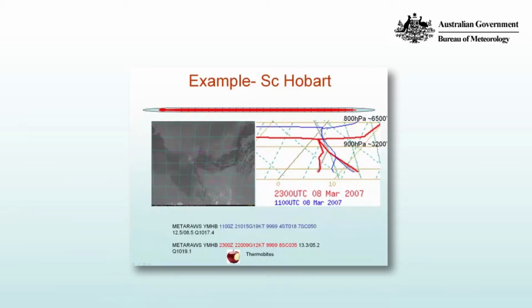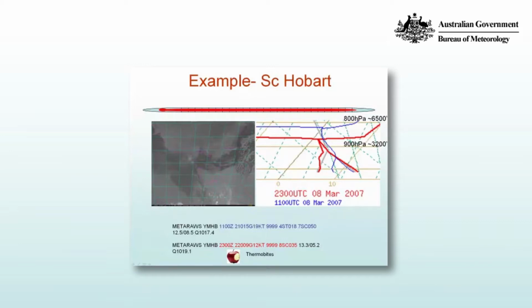Here we have 2 profiles on the right that are separated by 12 hours, 11 UTC on the 8th, and the following morning at 23 UTC. You can see there's been quite a dramatic change. At 11Z, there's a very large depth of atmosphere where the dew point depression is essentially 0. And then at 23 UTC on the 8th, you can see that that dew point depression has increased a